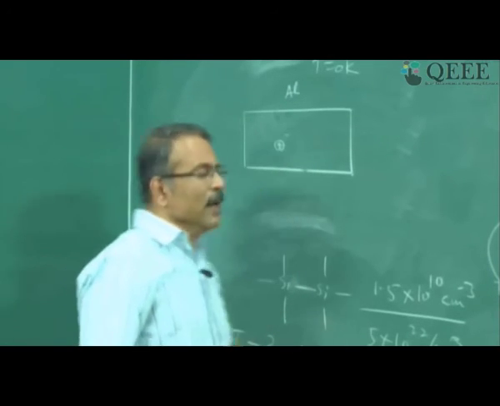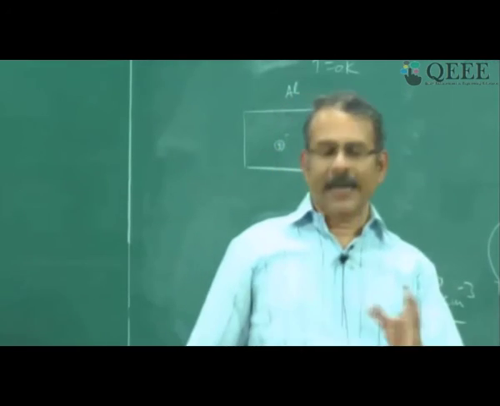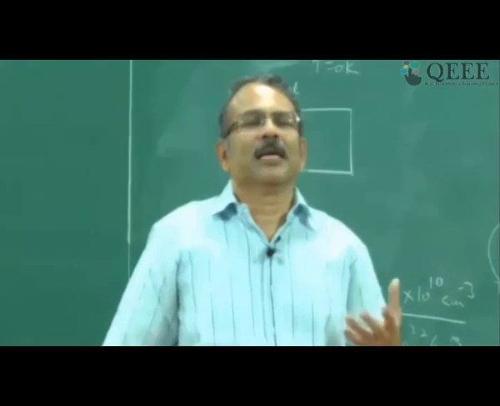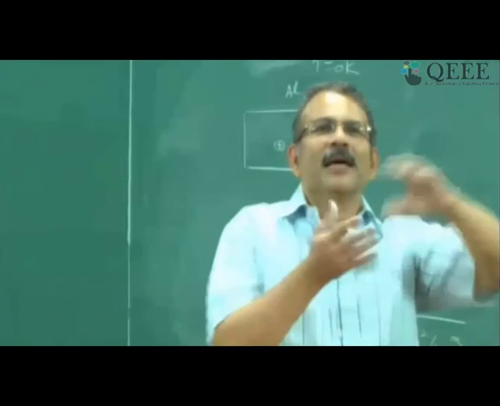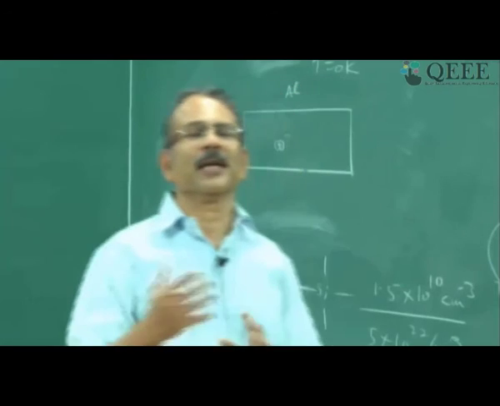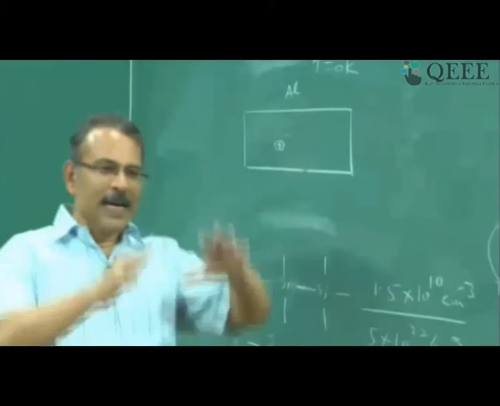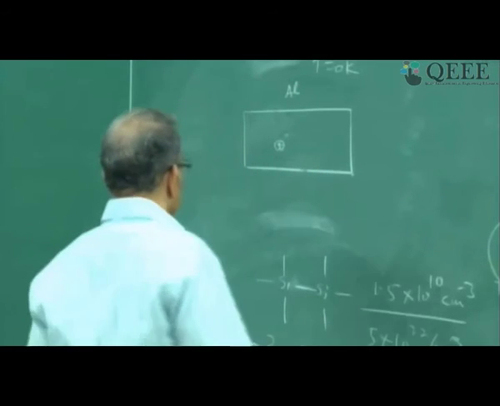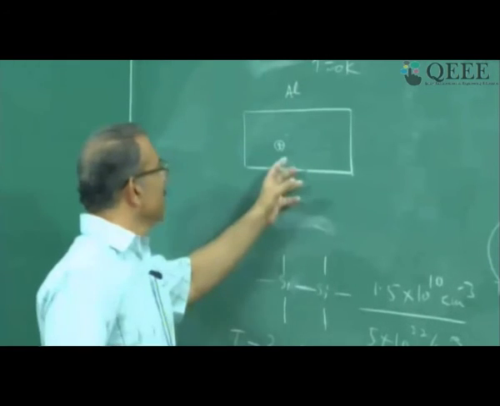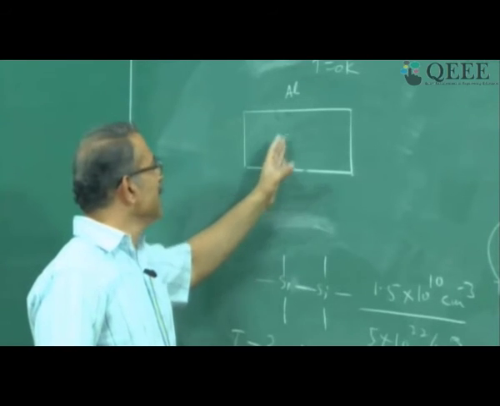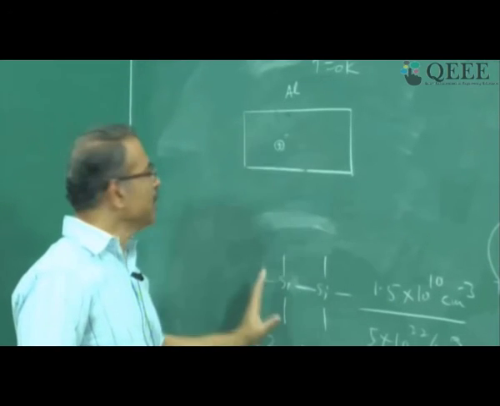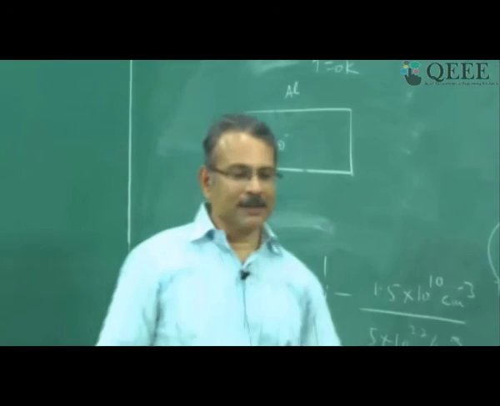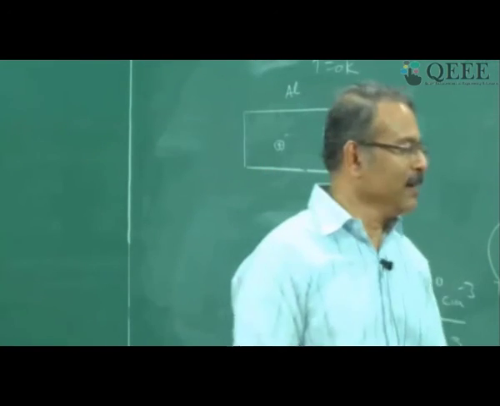If you want to explain in terms of energy band diagram, one can give a simpler explanation, but then you have to first understand what is the energy band diagram of semiconductor and metal. Once you understand the complex idea of energy band diagram, the explanation becomes simple. So in terms of the bond model, this is what you can say, whatever I have said just now, for why there are no holes in metal.